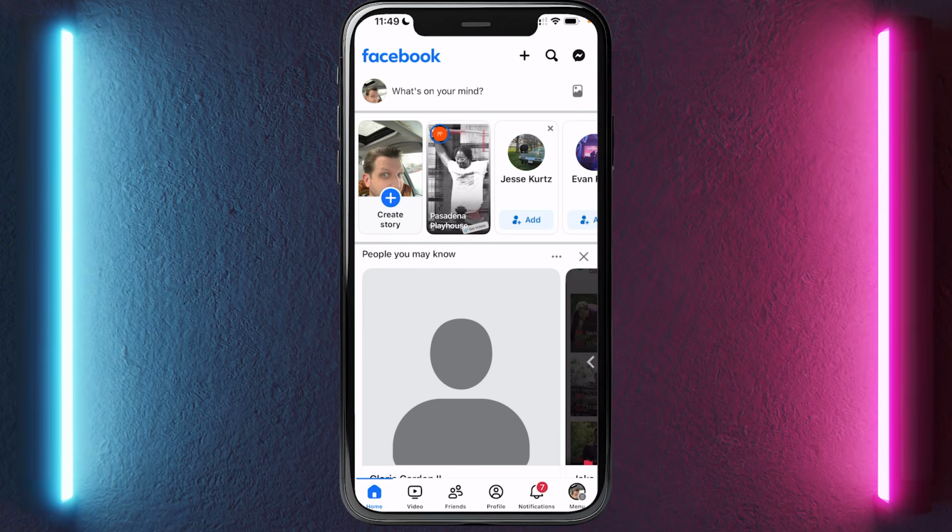So if you got some spare things laying around the house that you want to sell on Facebook Marketplace, I'm going to show you how to do it all from your mobile device. Let's jump in. All right, so first and foremost, you're going to open up your Facebook app, sign in,